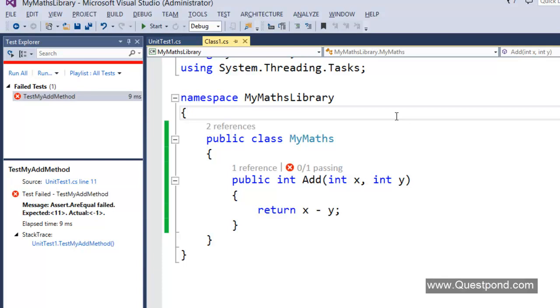In one of the videos in our ASP.NET MVC section, that is view model, we learned how we can take out all the logic from the view and put it in a separate class called view model. If you haven't heard about view model, then please go through that view model video first and then we can proceed here. View model will simply take presentation logic and data transformation logic from the view and keep it in a separate class called view model. And as the name suggests, view model is a class. That means again a class library. That means it's again testable. So now we are left with the controller.